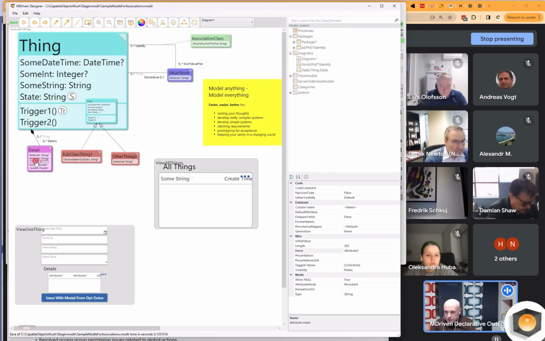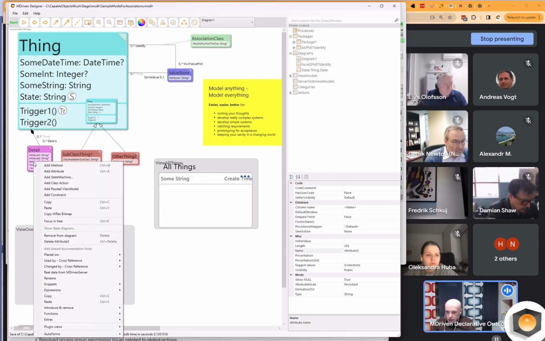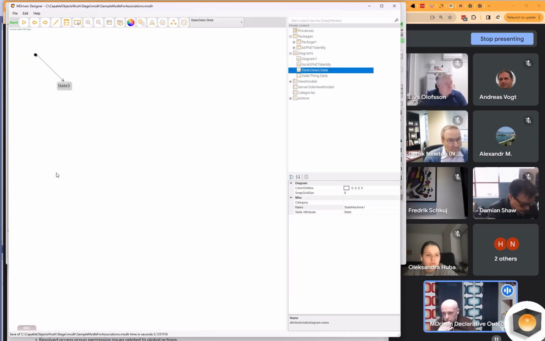What do we mean with the state machine? Let's add a state machine to this detail to prove the point of when actions might not be perfect to show. So a state machine is just a rule set that controls what state your state machine is in. So it's all pretty abstract until you have a real use case.